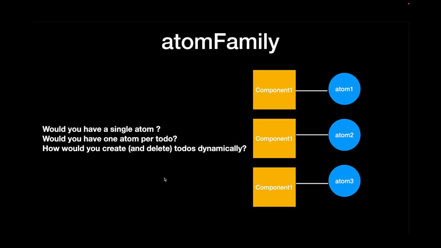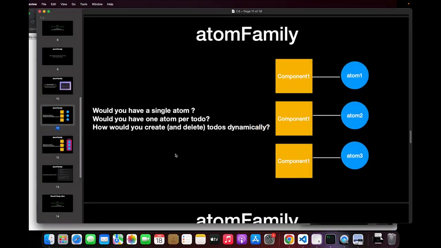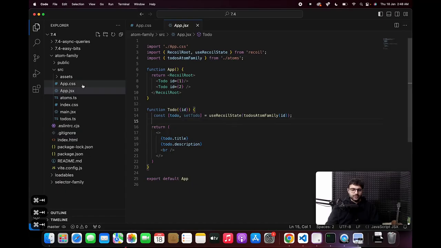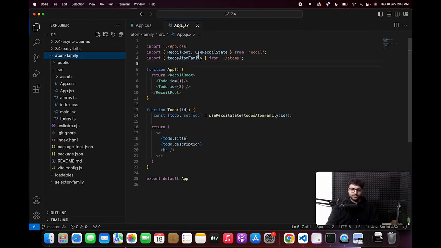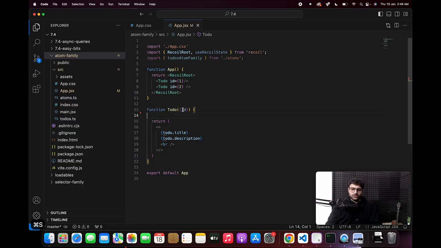Basically, the problem that will come here is, let's go to the code base and understand the problem a little bit better. So amongst the code bases for this class, atom family is the one that you need to open. And if you look at app.jsx, you will see this is what we have to do. Inside a RecoilRoot, I am rendering the to-do component twice. And what does this to-do component have to do? Ignore whatever is happening here. It needs to get an ID, get the to-do from somewhere which it exists in this